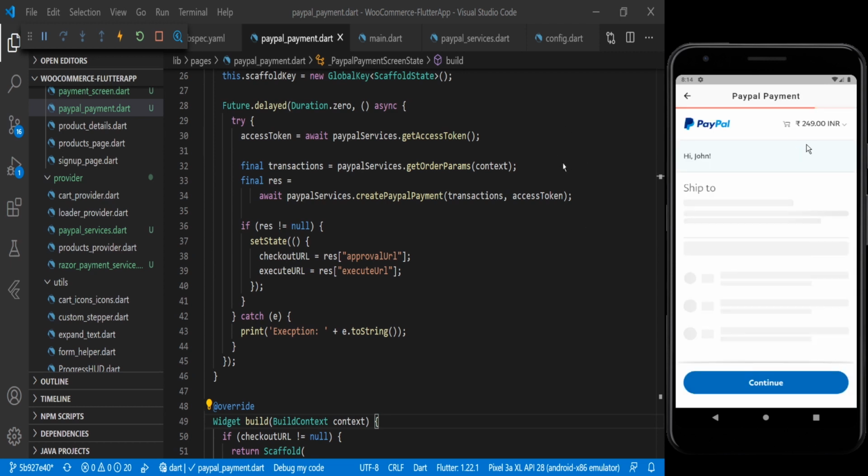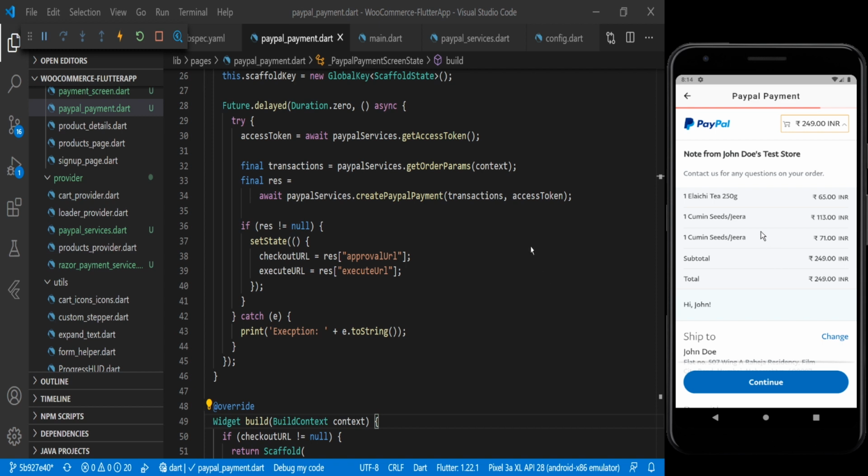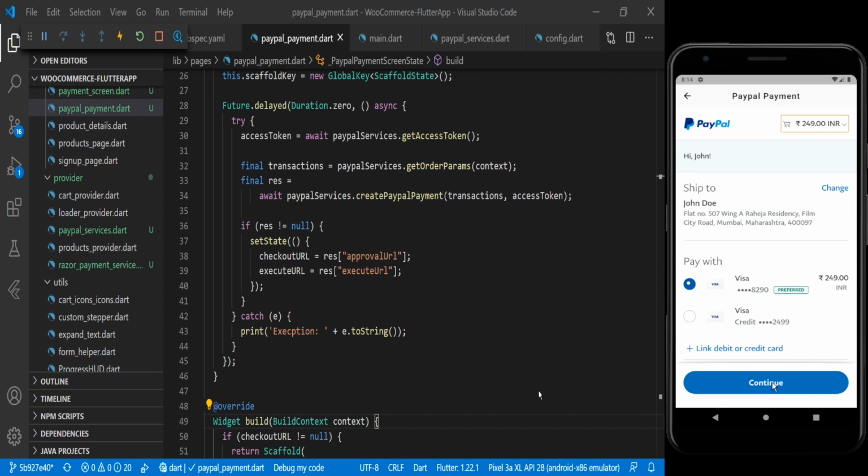Now you can see here the cart amount is 249, and when I click on this you can see all the items which are in our cart application. That is one lychee tea 250 grams, then we have one cumin seed jeera that is 113, then one cumin seed jeera that is 71, then subtotal of 249, total of 249. Now if I click on that continue button,